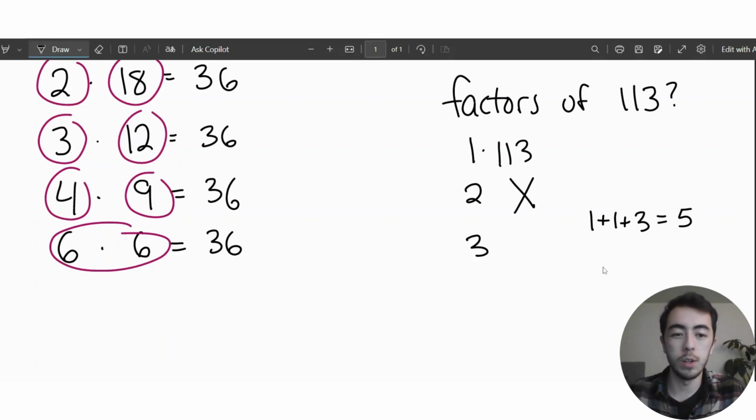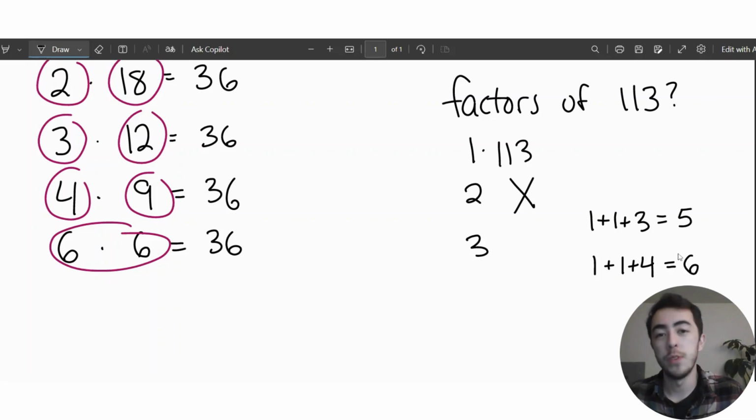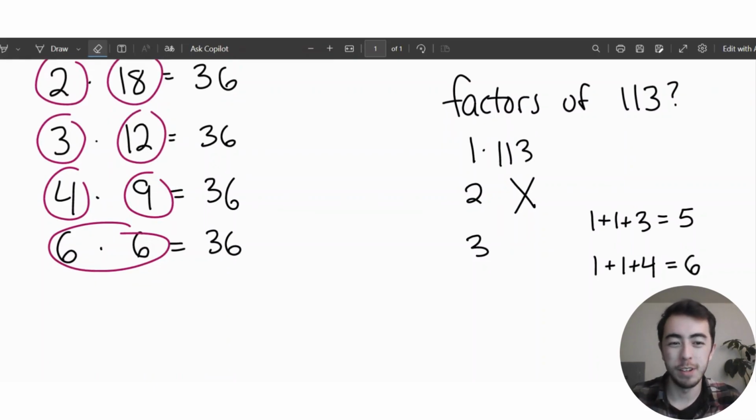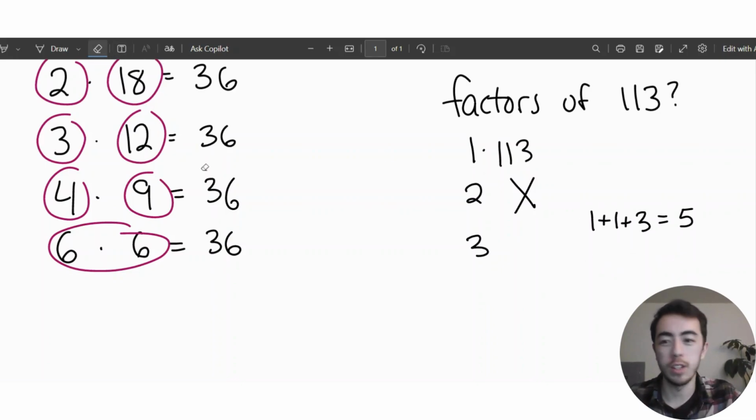Just to kind of show the rest of this example, if I chose like 114 instead, those digits add up to 6. So I do know that 114 is divisible by 3, but I would have to do a little bit more work to figure out what 114 divided by 3 actually is. But regardless, this trick tells me that 113 is not divisible by 3,